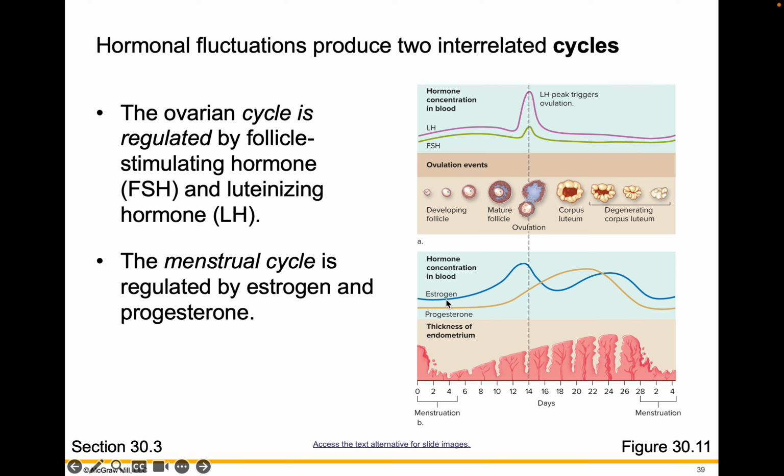So we have estrogen peaks and drops off just before the spike in luteinizing hormone. This is what cues the development of,